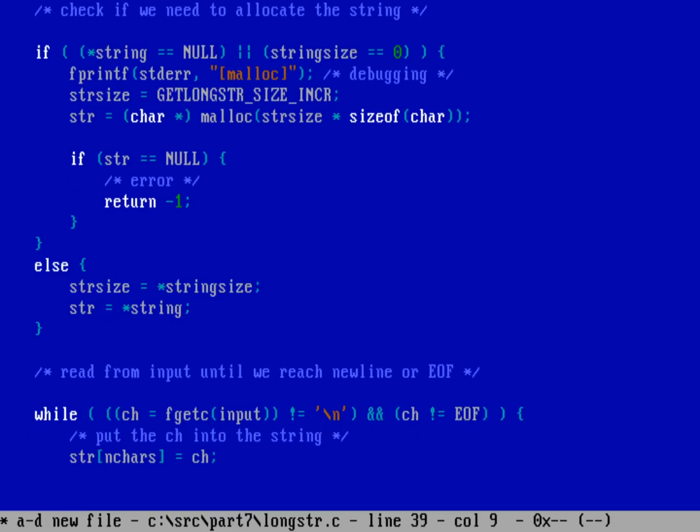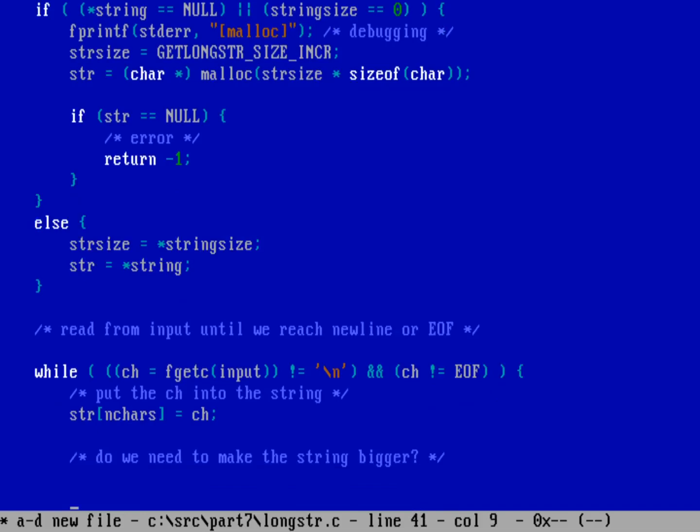Now, as we are reading, what if that position we just stored it at is actually the last position in the array? It's as big as the array is currently. So we need to test if we need to make the string bigger. We're going to test by saying if n chars is equal to the string size, stir size,